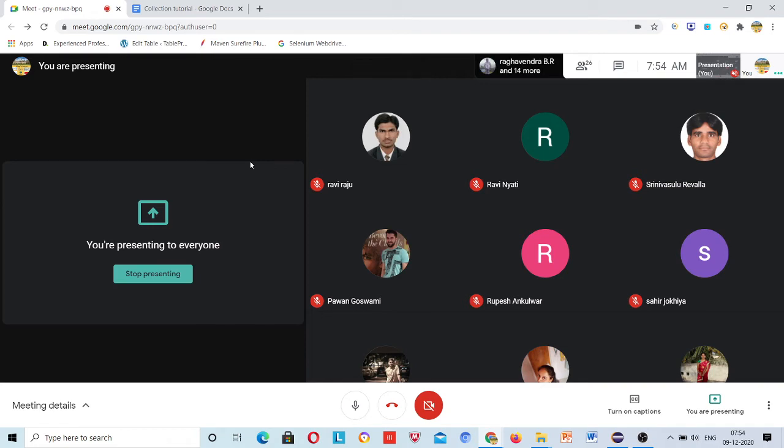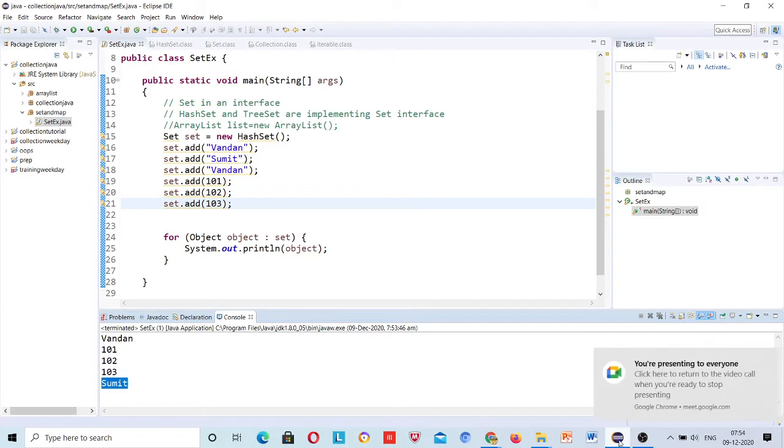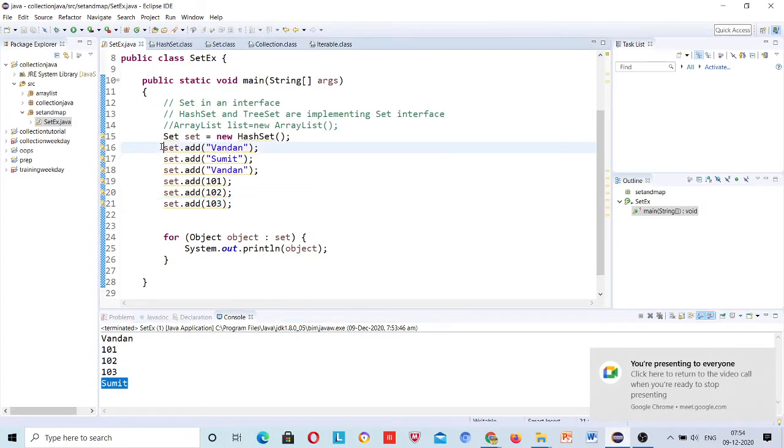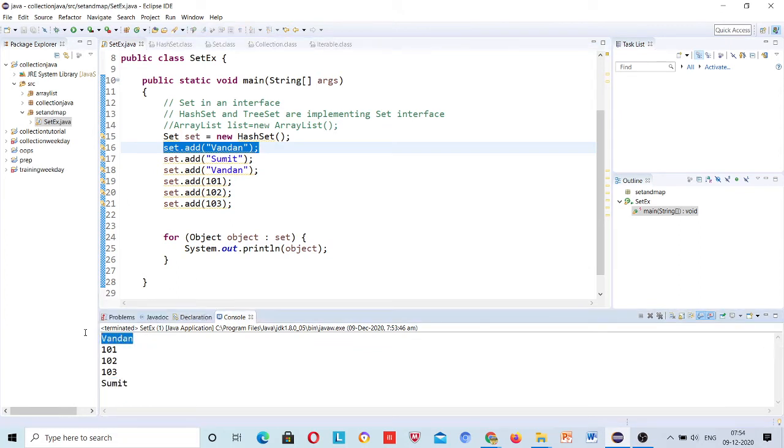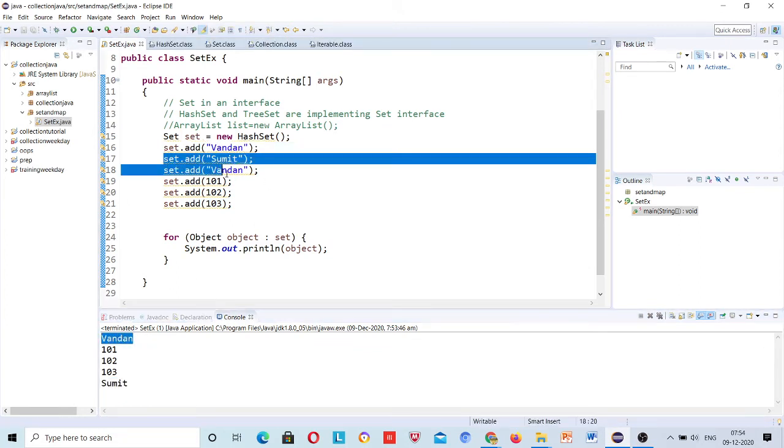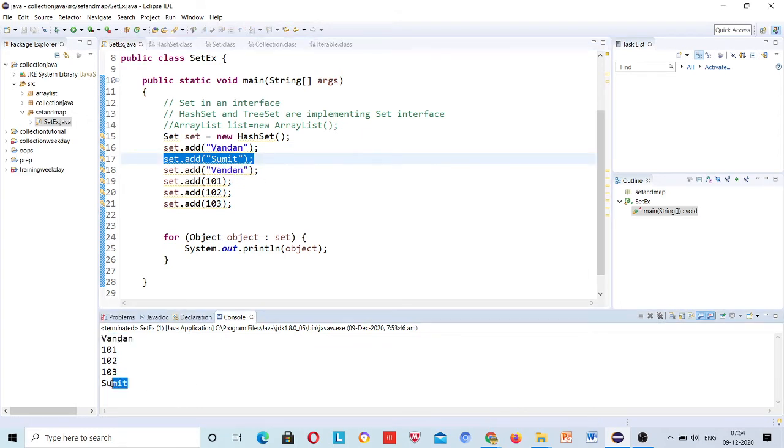I'm back. Okay, so here you can see I have added Vandan and Vandan is printed here. Then I have added Sumit, and Sumit is printed last. Point to be noted.